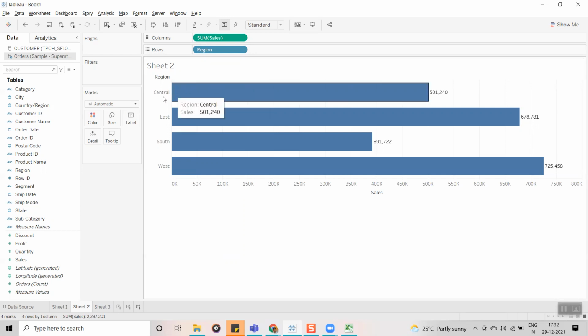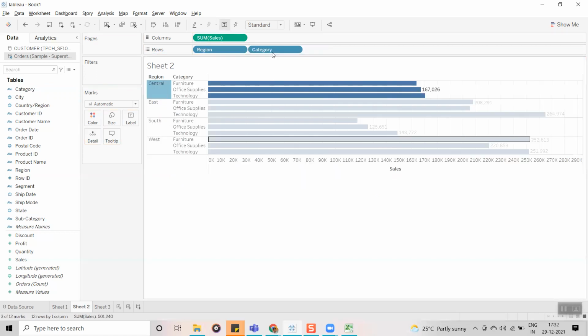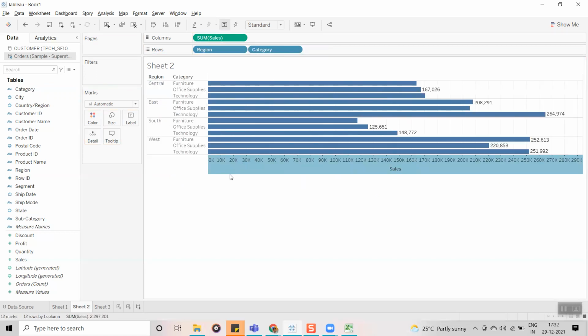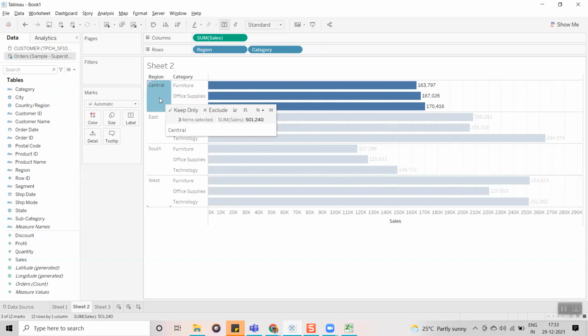For example, here the central region, you can see 501240. This is the total sales. Now what will happen if I drag the category? I am going to drag the category here, after region, into the row shelf. Now you can see the data is aggregated again.